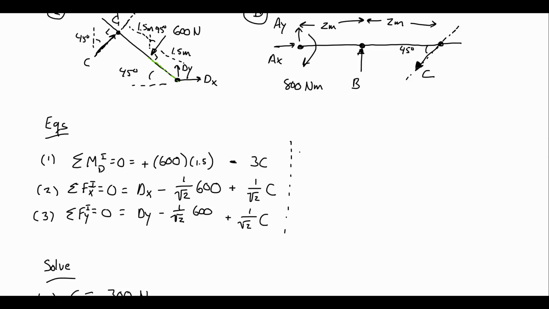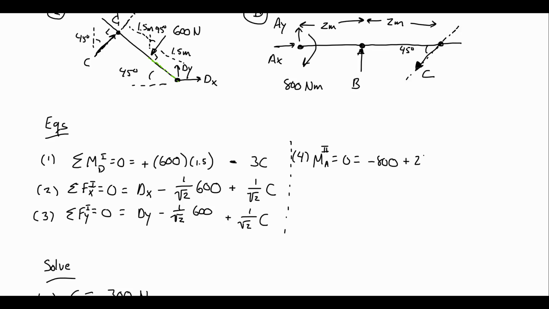I write equation 4. So in this case, I'm going to start with the moment around point A in picture 2. Because AX and AY both appear in that, rule of thumb, use a point that only is in one picture. Well, don't use C because it appears in 2 pictures, but I'll choose A. It eliminates AX and AY. So I'm going to have in this equation then a negative 800 because I have that couple that's acting clockwise, which is a negative direction,